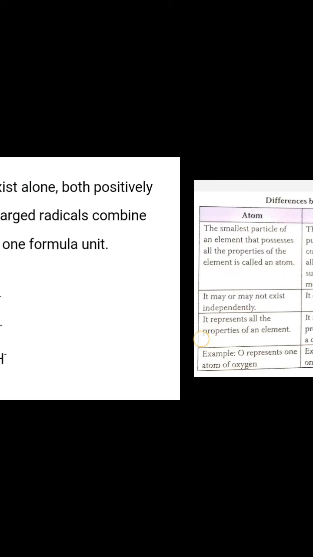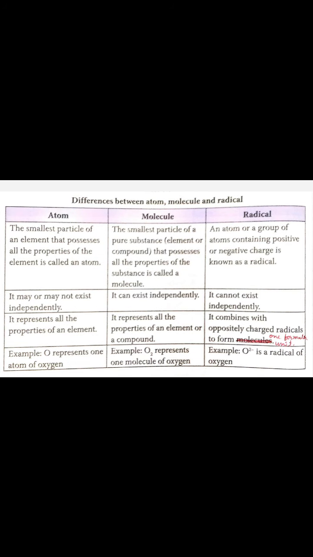Okay. So in the next comparison, it represents all the properties of an element. Atom, third point, atom. Yes, it represents all the properties. In case of molecule, it represents all the properties of an element or compound. Yes. If carbon dioxide will be formed, then one molecule CO2 will represent all the properties of carbon dioxide. If O2 is there, then that O2 will represent all the properties of oxygen. Okay. In case of radical, that only we have discussed, it combines with oppositely charged radicals to form